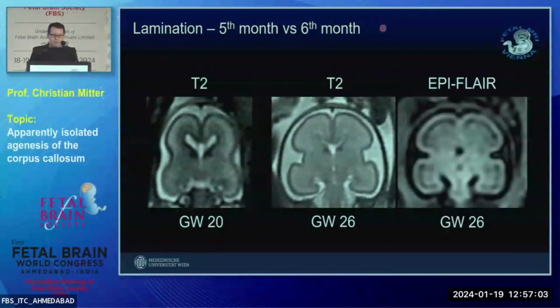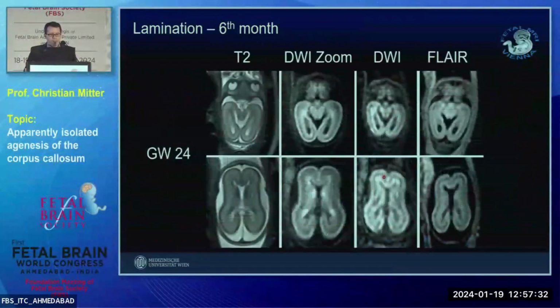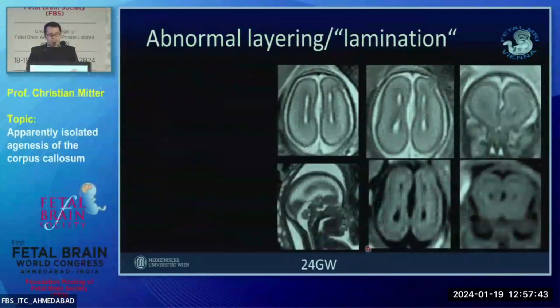But in those cases, the FLAIR images are a very important new addition to our fetal MRI protocols. We now have epi-FLAIR sequences and FLAIR sequences, and here especially the subplate and the intermediate zone can very well be differentiated because the subplate is very high in water. Therefore, it has a partial suppression of signal on the FLAIR sequence. In addition to the FLAIR sequence, you can also look at the lamination on the T2 weighted images, which also works quite well. So this slide you've seen yesterday.